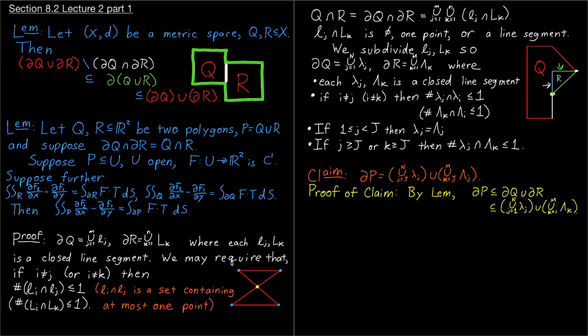But let's see why we can throw away the first bunch of these. If j is strictly less than J, if X is in one of the lambda_j's, in one of the overlapping line segments, and X is not in any of the non-overlapping line segments,